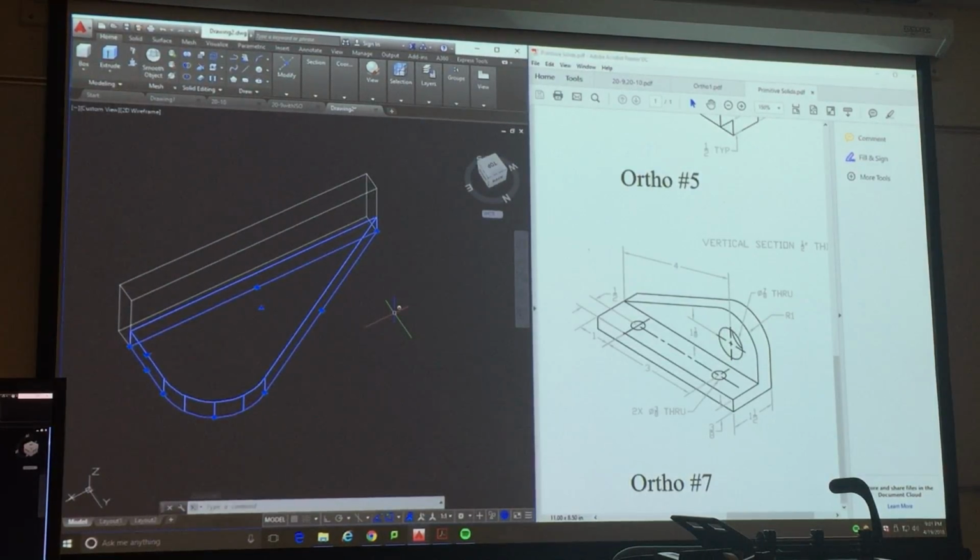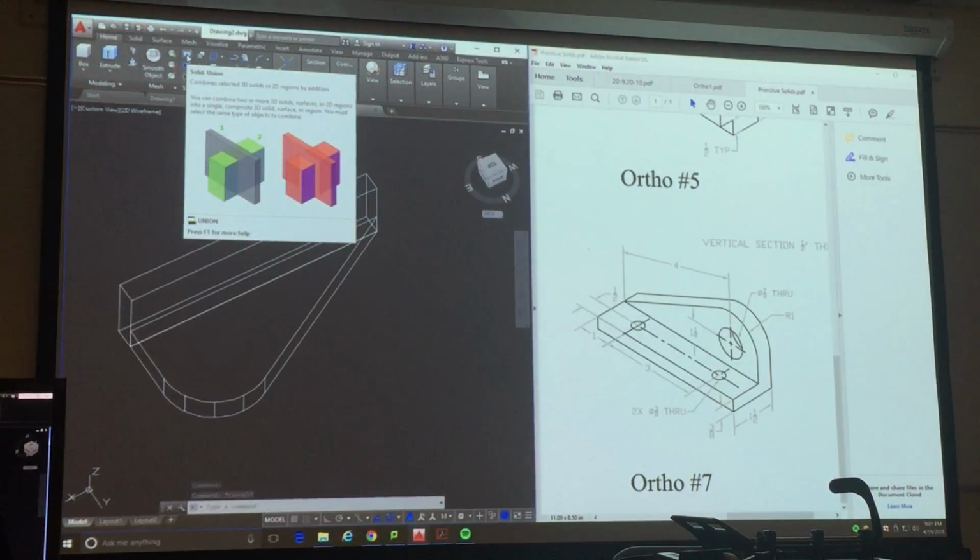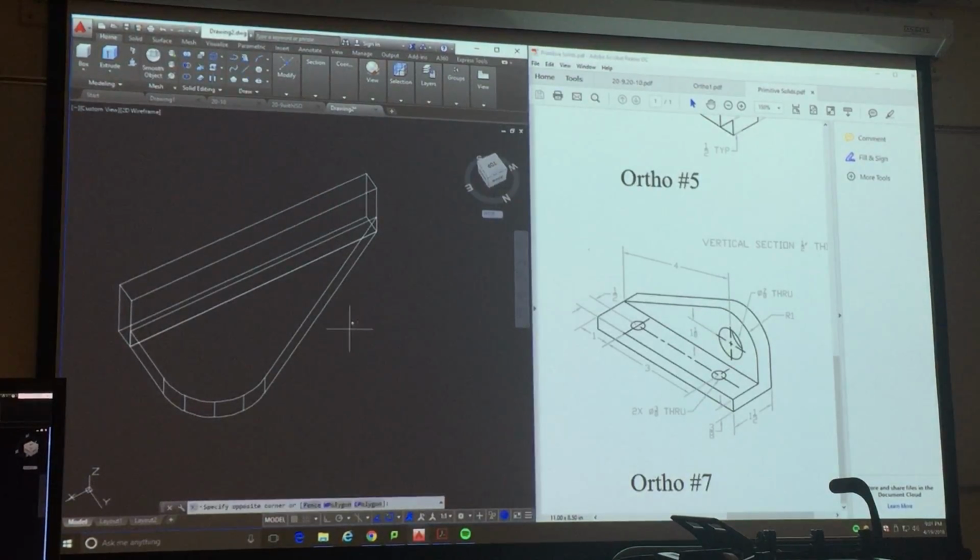And so remember we talked about subtract just a second ago. Now we're gonna do union or additive. So I'm gonna go the top one of these guys. Can I click them first and then do that? So this particular one, remember we talked about like the noun, verb, verb, noun. This one only works with verb. So if you select them first, it's gonna dump you back out and then make you select them again. Okay. So I'm gonna hit union, that top